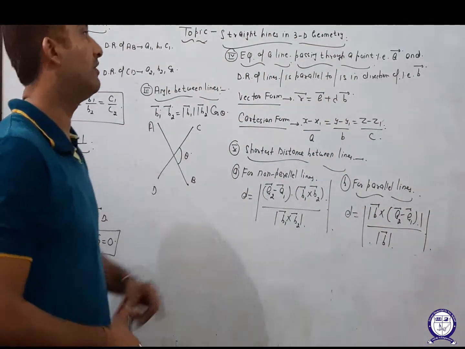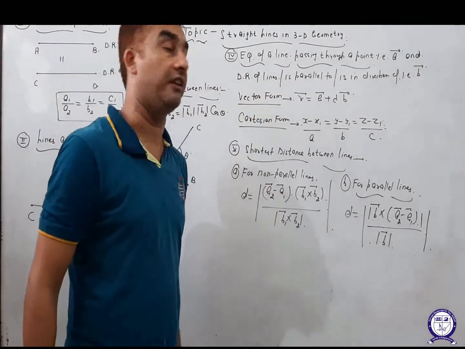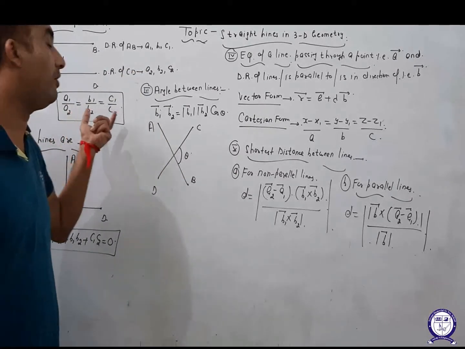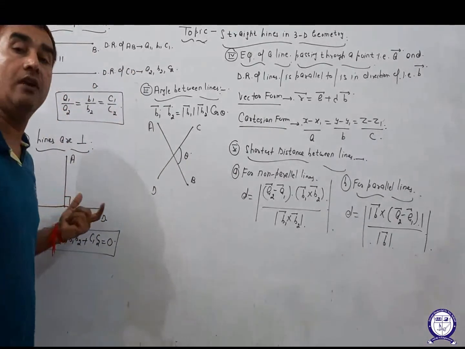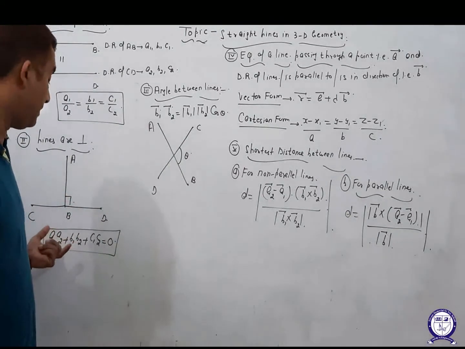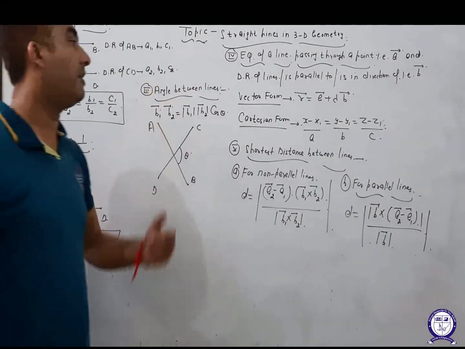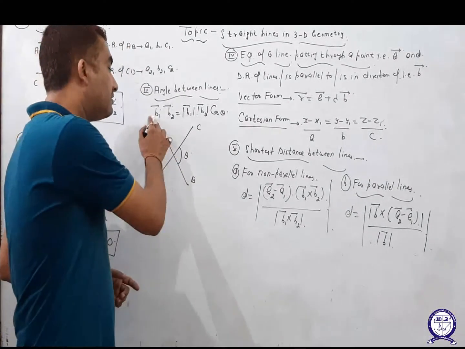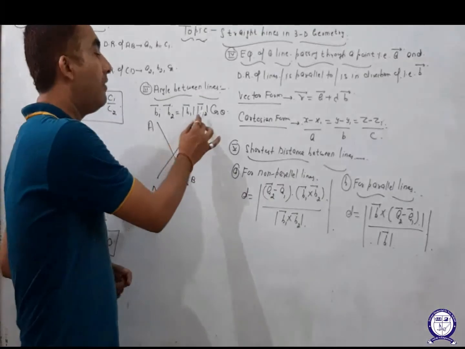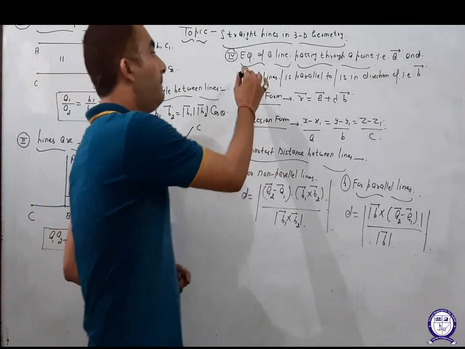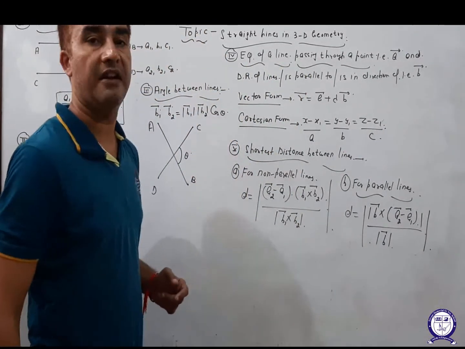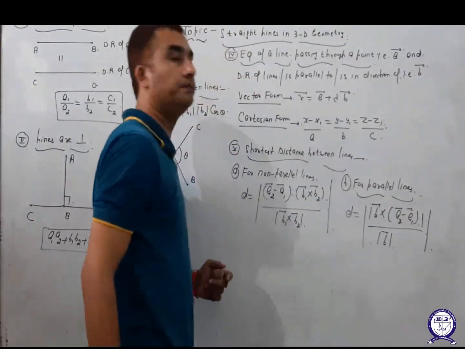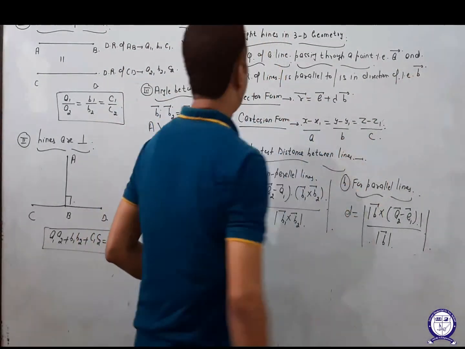These are the key points for the straight lines in three-dimensional geometry. Lines parallel in terms of ratio A1 by A2 is equal to B1 by B2 is C1 by C2. Lines are perpendicular in terms of ratio A1 A2 plus B1 B2 plus C1 C2 is equal to 0. Angle between two lines, dot between two vectors, dot between direction ratio of both lines B1 dot B2, magnitude of B1, magnitude of B2 and cos angle between them. If equation of a line is needed in three-dimensional geometry, that means you need only two values, that is passing point represented by A vector and direction ratio represented by B vector.